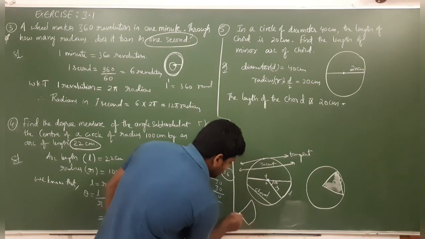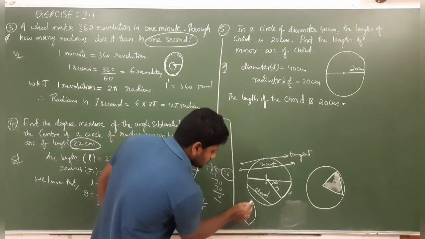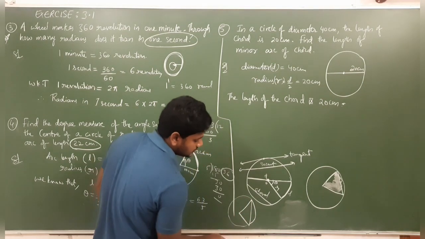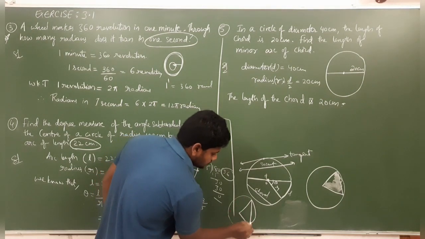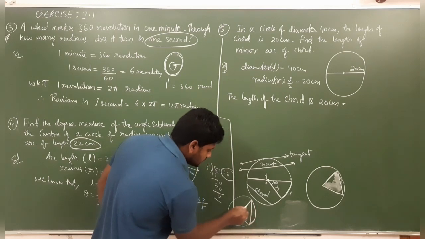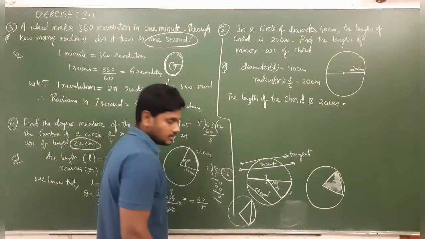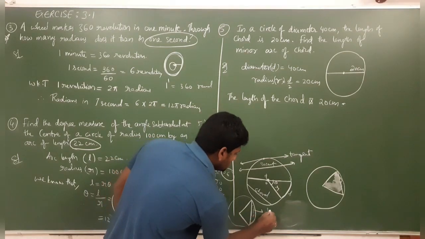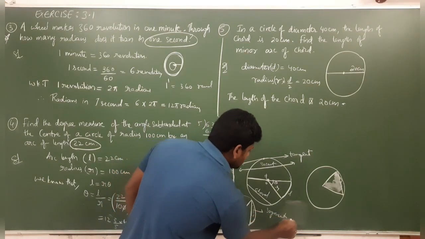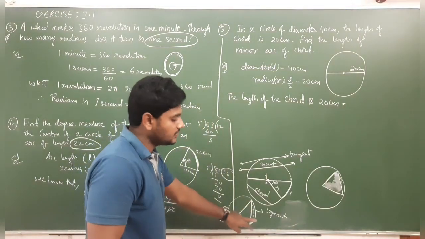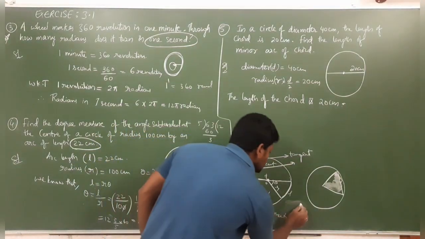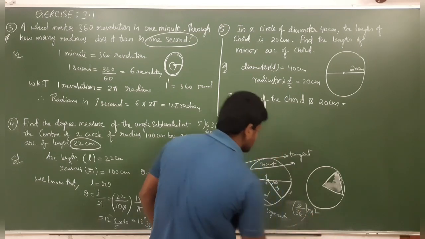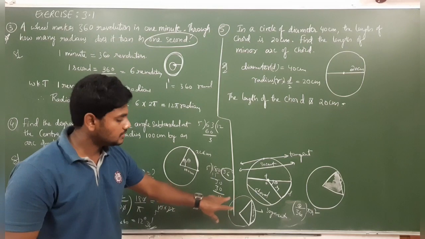For example, if it is a sector, right? If we join these two, for example, in a circle, this total part is nothing but a sector. This part, whatever I am shading, is called segment. We know how to find the area of the sector. The area of the sector formula is theta by 360 into pi r square, right? That is nothing but the area of a sector.